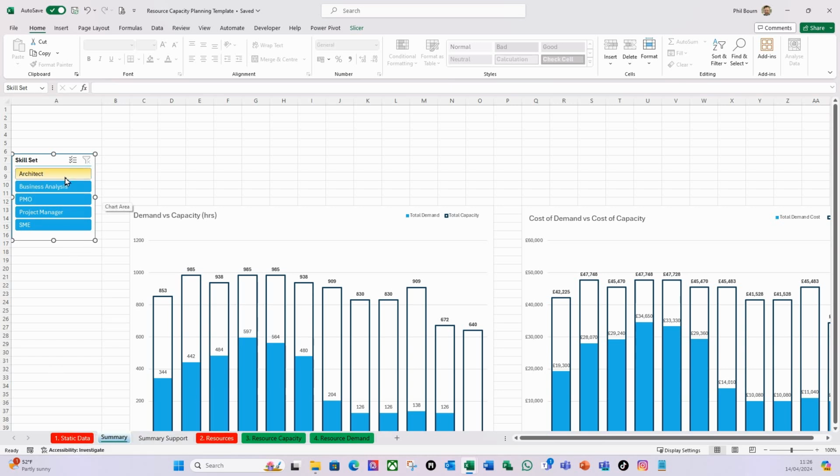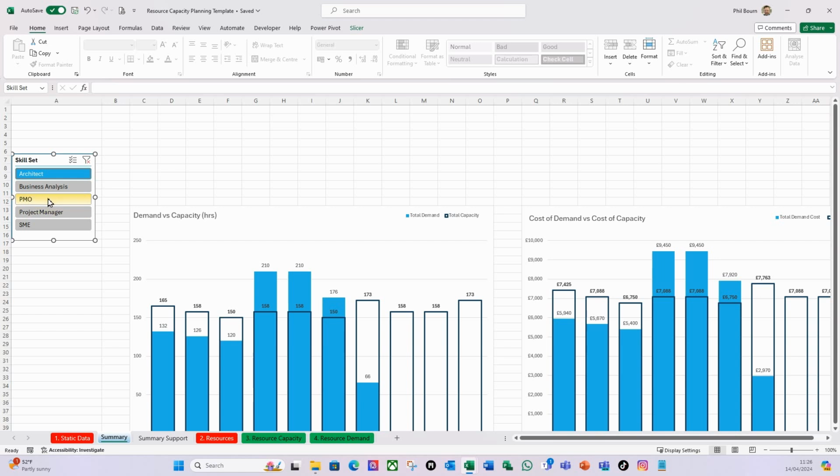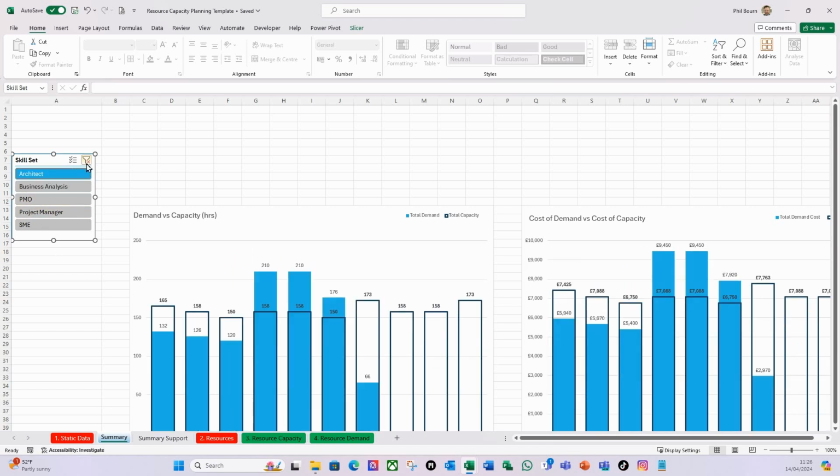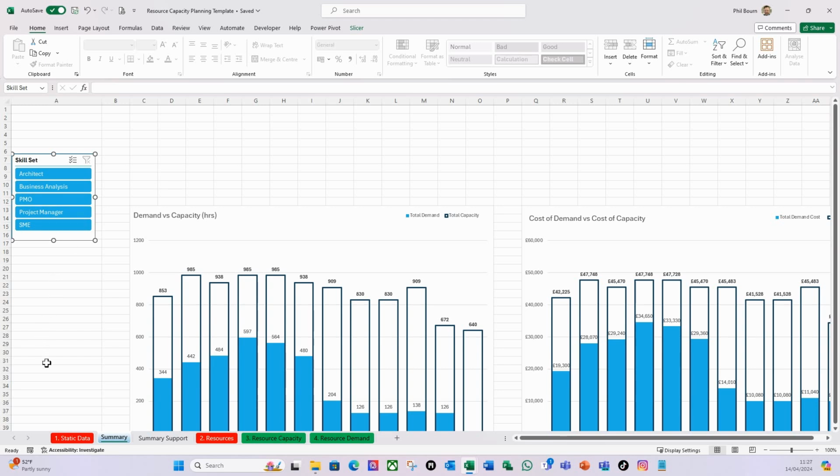Again, I'm just going to double check that this is still doing what I want it to do. All looks fine to me. Great. And let's take that filter off. So the other filter down here is that we've got on our resource summary sheet in that template,